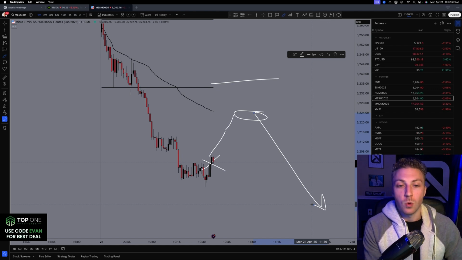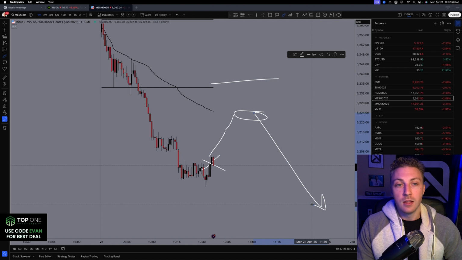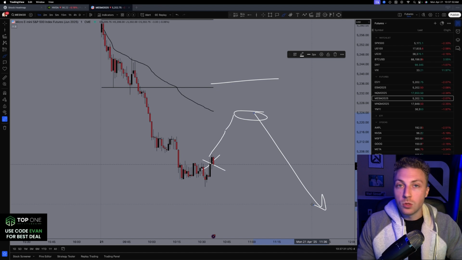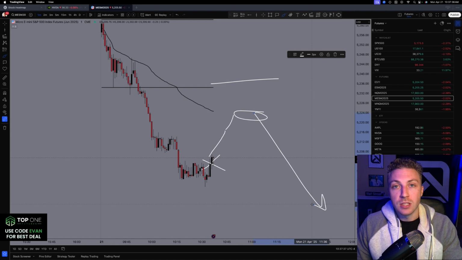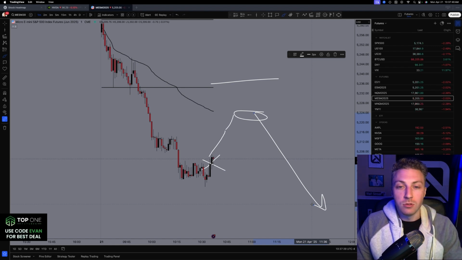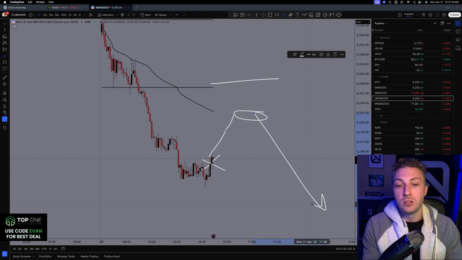So hopefully you guys found value in this, reading the New York VWAP, matching it with the 15-minute VWAP as well. It really just comes down to, are we trending? The New York VWAP is going to tell you a lot of that, mixed with the price action of it, may be hinting to you that we may not trend at all for the next 10, 20, 30 minutes if we're just a flat New York VWAP. But when there's a clear direction on it and price action is matching that as well, we're outside of these levels, it becomes a lot easier to take these trades, time these trades, win these trades, all of the above.